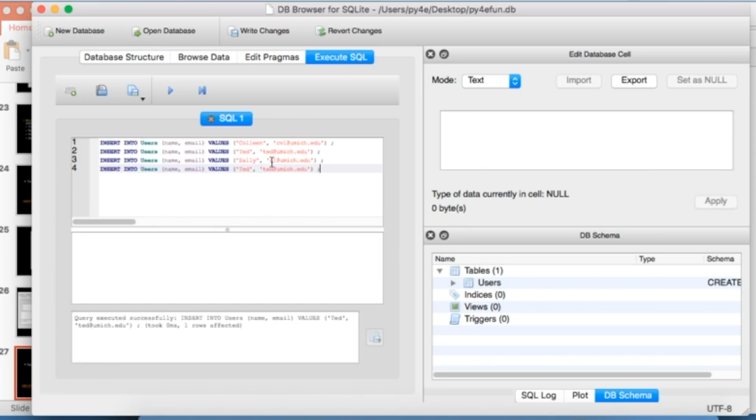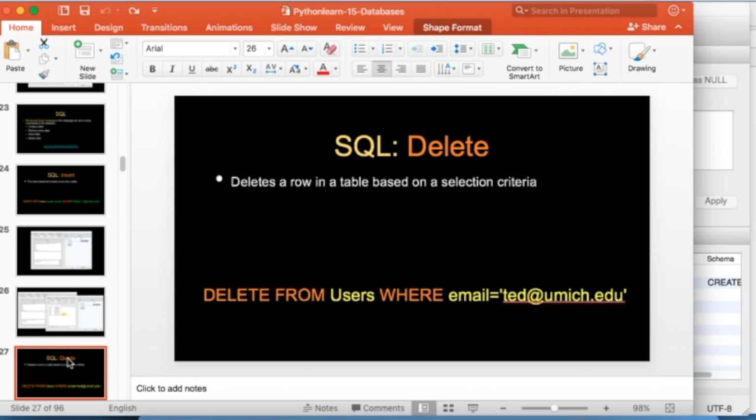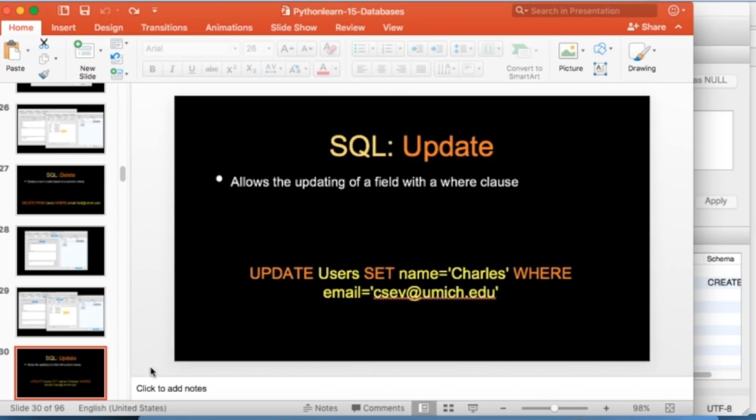So I'm going to go over here in SQL, and I'm going to say delete from users where email equals ted at umich.edu, and then I'm going to run it. Because it's only one, I don't need a semicolon at the end of it. And now if I go back and I look at the data, Ted is gone. Okay? Update. So the update says